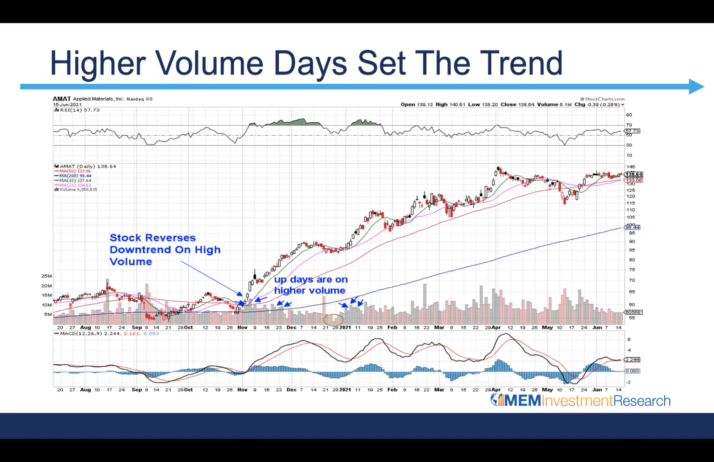Also, we can look at higher volume days and how they help really set the trend for going forward. Applied Materials is another big winner from my MEM Edge report. We did identify the stock as it reversed its downtrend last November 2020. And we can see the characteristics here with these much higher volume days where the stock broke back above these shorter term simple moving averages, continued higher volume on your up days as opposed to the red down days, indicating